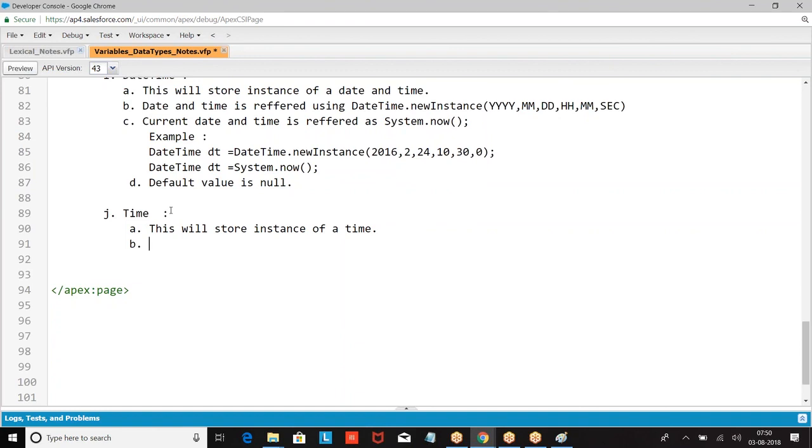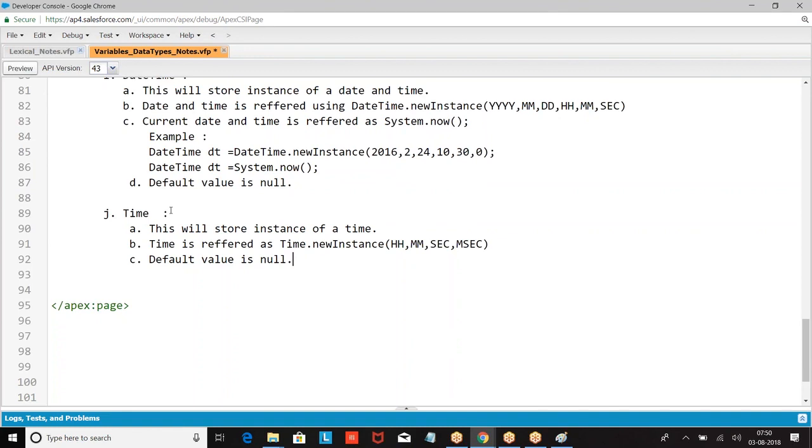This will store the instance of a time. Time is referred as Time.newInstance. First, we need to understand what they are, then we'll see how to use it. So what is the default value?